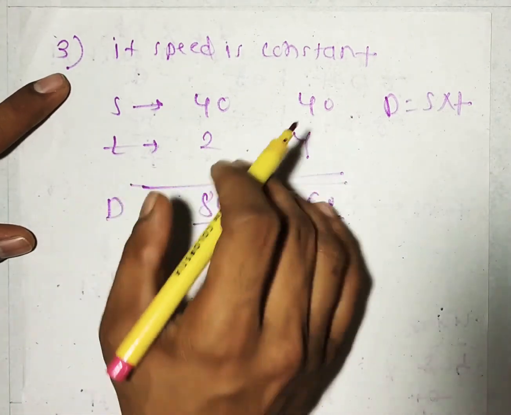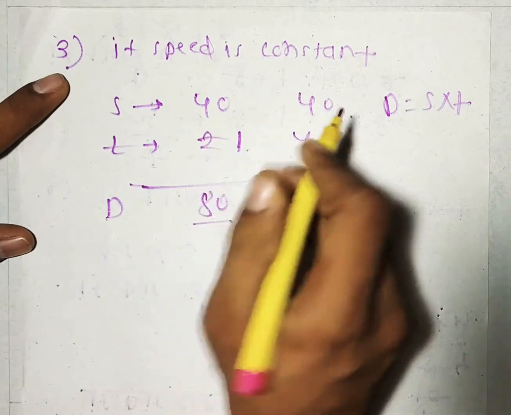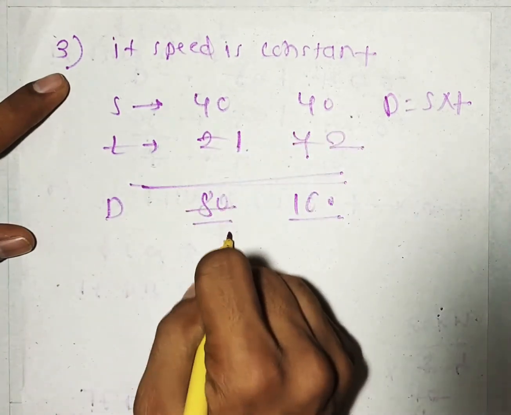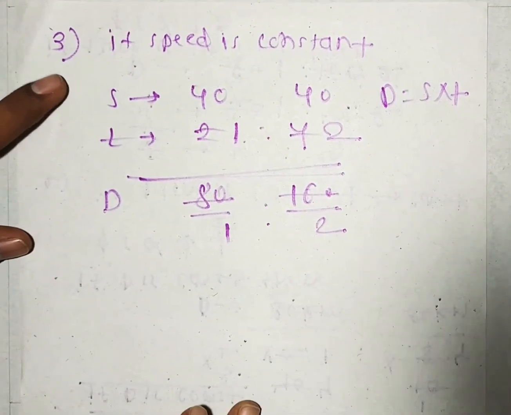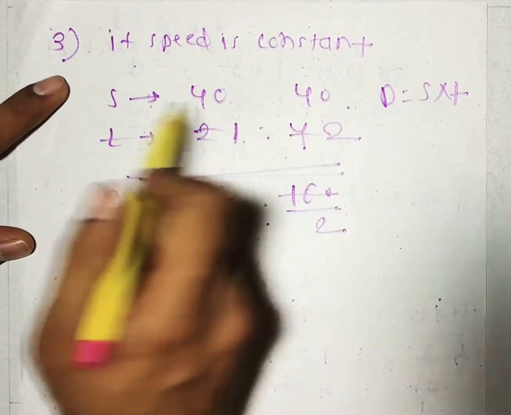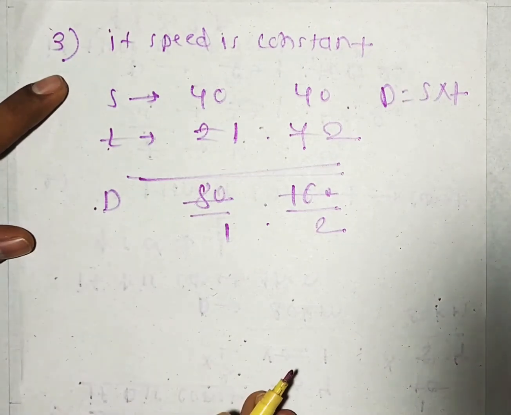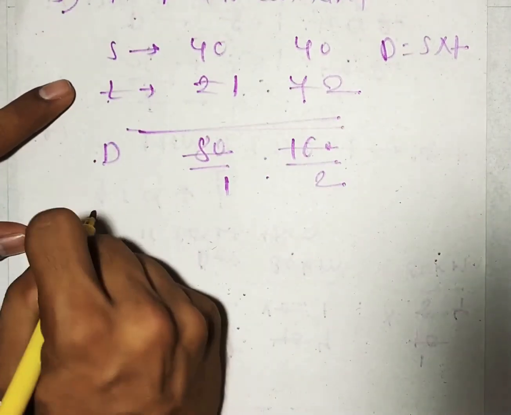So we can take these terms in terms of ratio also. 2 ones are 2, 2 twos are 4. 80 ones are 80, 80 twos are 160. 1:2, 1:2. From this we came to know that if speed is constant, then time and distance are related to each other. So I can write here,